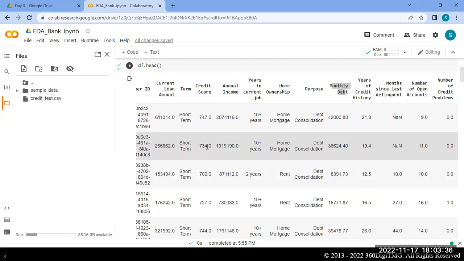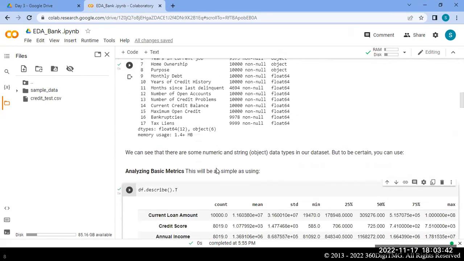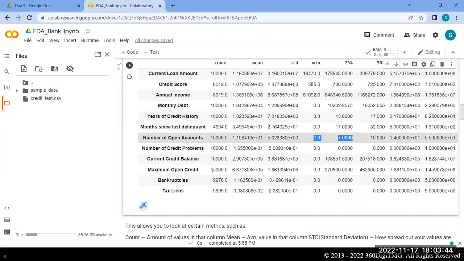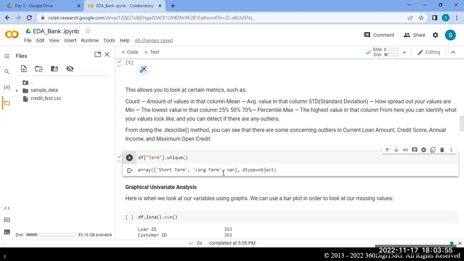These all concern exploratory data analysis. How many short term loans do we have? How many people are asking for short term loans, and how many are asking for long term loans? So how many short term and long term, and we also have NaN values.